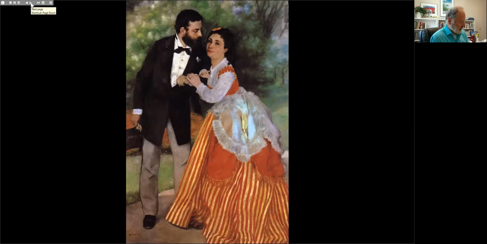In this work, I'm looking for the title here, The Engaged Couple, dates from 1868. And this was accepted in the Salon, I believe, just the following year, 1869. In this case, Renoir has used the painter Alfred Sisley, who was a good friend, and his mistress, again, Lise Trehaut, who model as a fictively engaged couple.